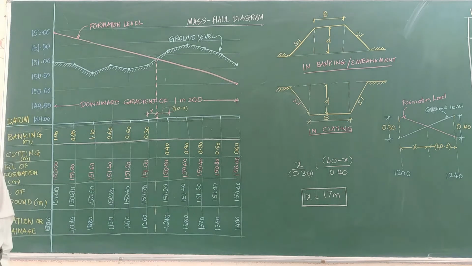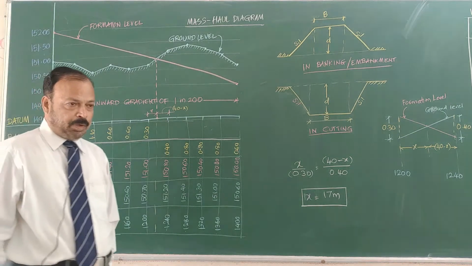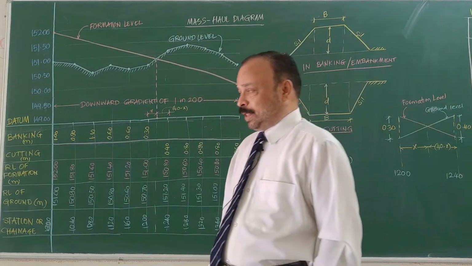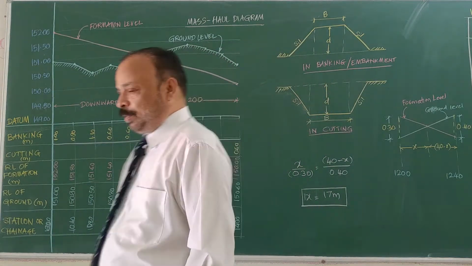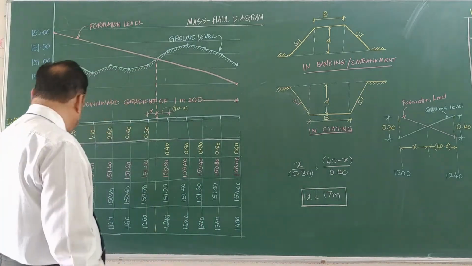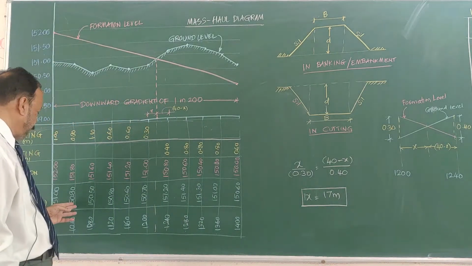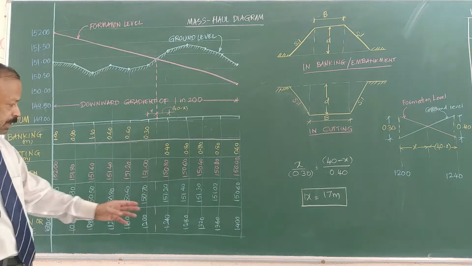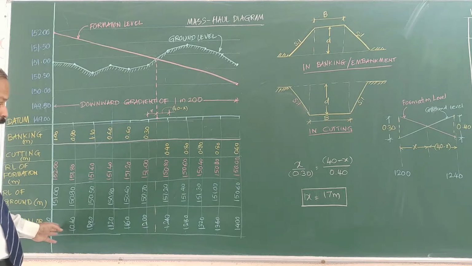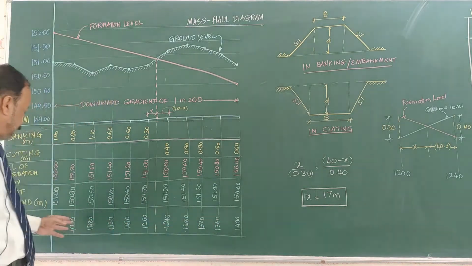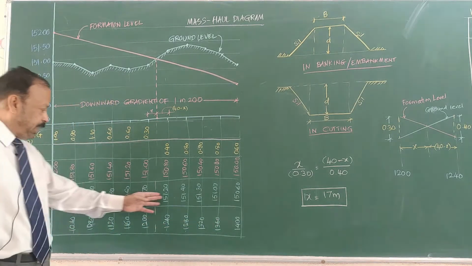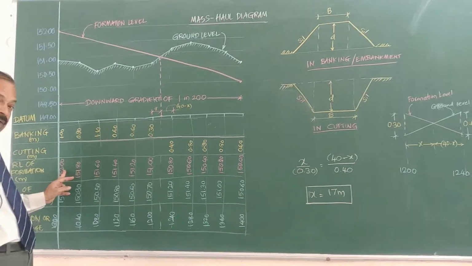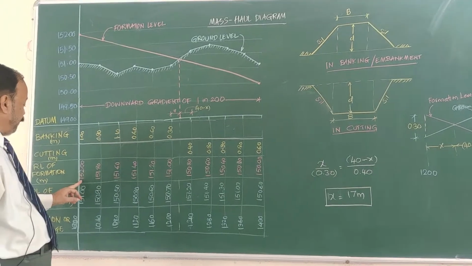Good morning friends. Today we will take up a problem on calculation of earthwork by mid section method. The problem is the RL of the ground is given as 151, 150.9 and so on, and the stretch is for 400 meters. The chainage is starting from 1000 to 1400 and the respective reduced levels of the ground are written here. Then in the problem it is given that the RL of formation at 1000 chainage is 152, that is here.